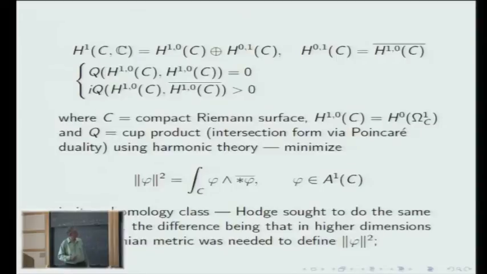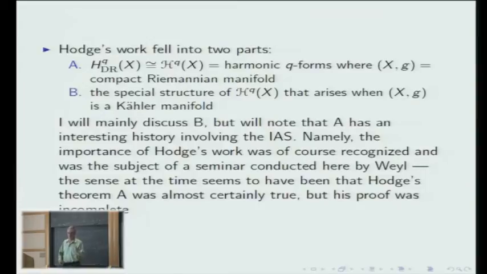He proved these statements here. Their proofs are modern. And he used harmonic theory. He showed that the first cohomology was represented, each cohomology class was represented uniquely by a harmonic form, one that minimizes this integral here, where the star operator comes off the conformal structure on the Riemann surface. So Hodge wanted to do this in general. You needed a Riemannian metric to define the star operator, but he introduced that, and he introduced the notion of harmonic forms. His work fell into 2 parts: A, to show that the De Rham cohomology was isomorphic to the space of harmonic forms, things that minimize the L2 norm in a cohomology class,